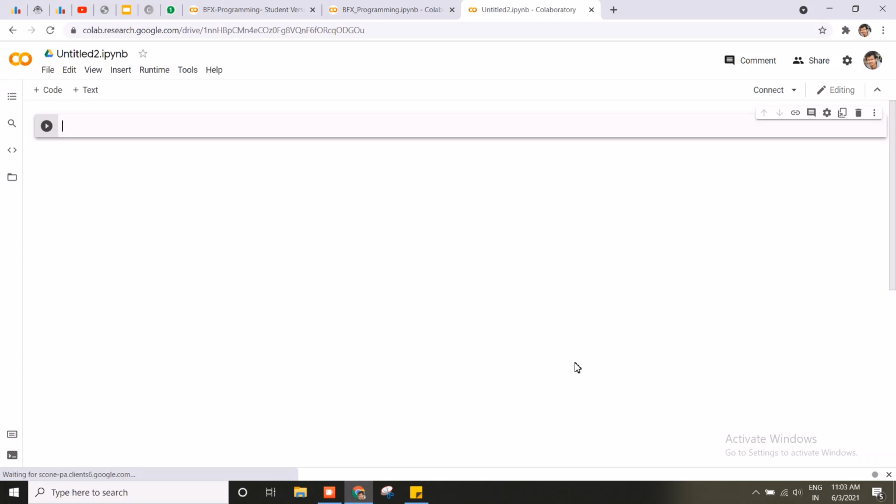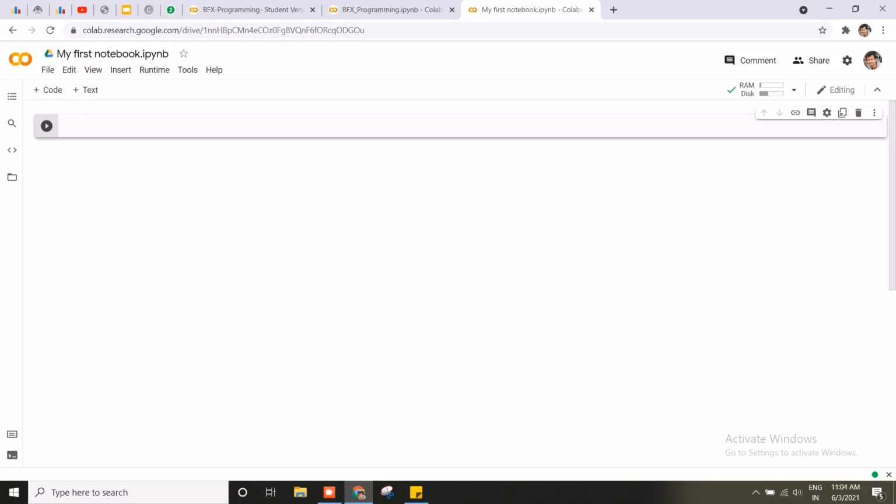Alright, so you will get a new Google Colaboratory notebook in front of you. You'll be having, so here's the cell. First click on connect and then you can rename the folder, the file or the notebook if you want. It will be having extension IPYNB. You need not focus on that a lot. So there is the cell where you can write your code.